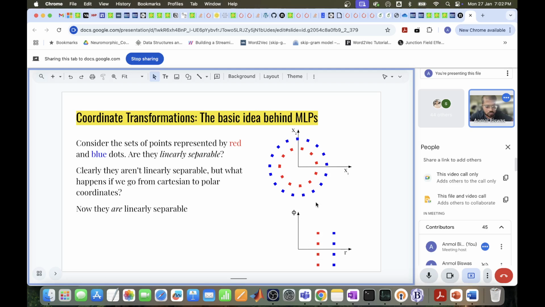but obviously because they are circles, they just go up and down, right? And obviously you can see here in this coordinate transform, these are linearly separable. Then you can just draw a line in between, and you get two different classes, right? So this is the basic idea of coordinate transformations, and this is one of the ways that you can think of